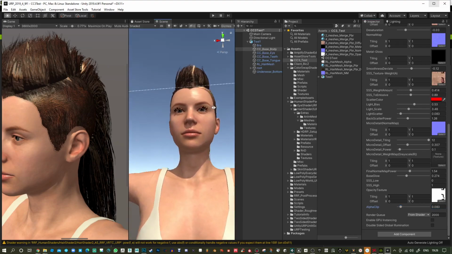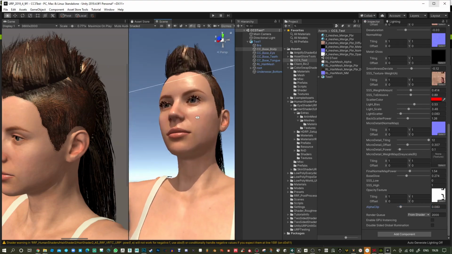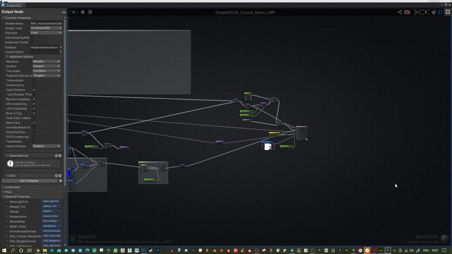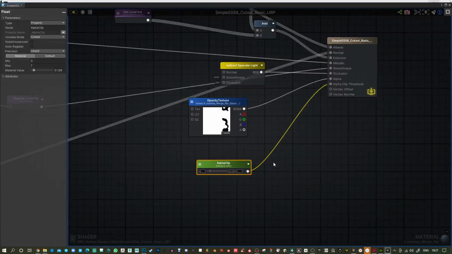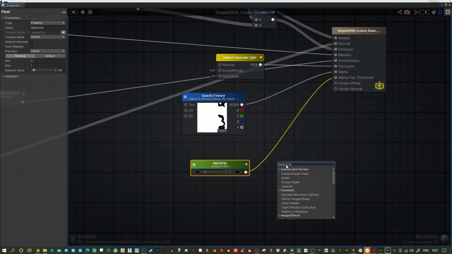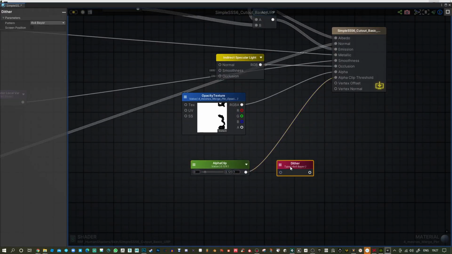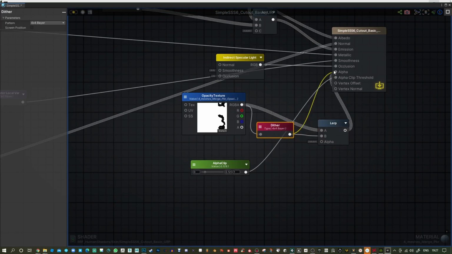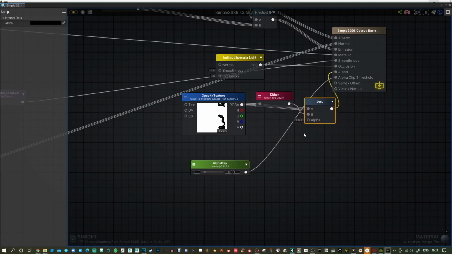Right, the eyes. God, right. So these don't look great right now with just the alpha clip like that. So I think I'll go into the shader again, and I'll add our dither effect. So I'll do the dither for this, and I'll do another mix between that and dithering. That can go in there,